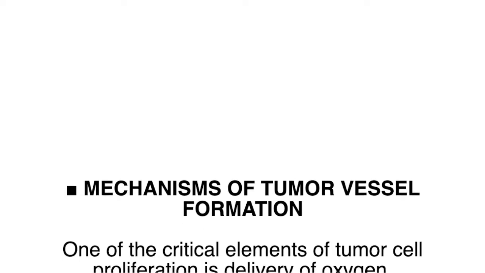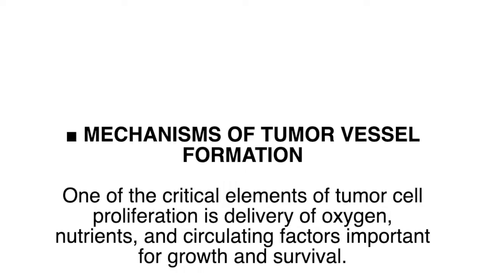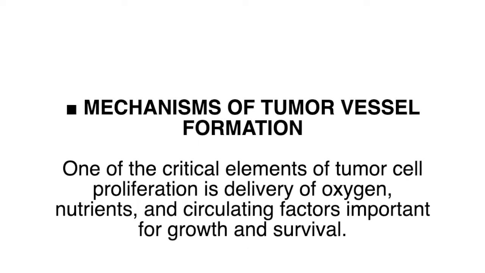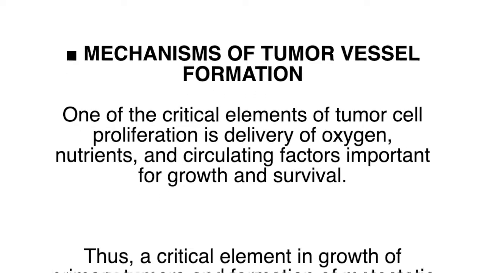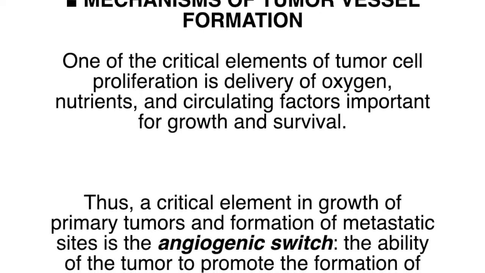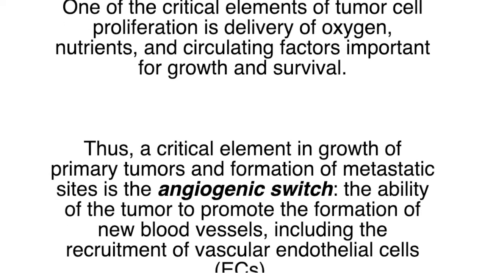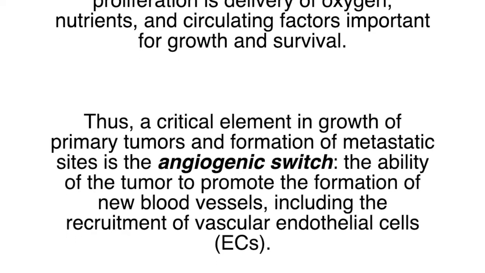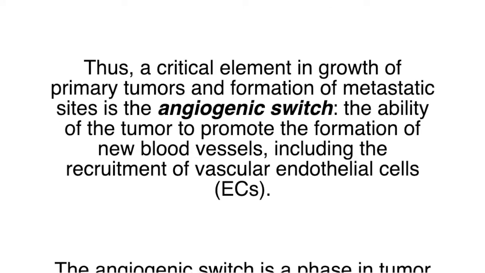Mechanisms of tumor vessel formation. One of the critical elements of tumor cell proliferation is delivery of oxygen, nutrients, and circulating factors important for growth and survival. Thus, a critical element in growth of primary tumors and formation of metastatic sites is the angiogenic switch, that is, the ability of the tumor to promote the formation of new blood vessels, including the recruitment of vascular